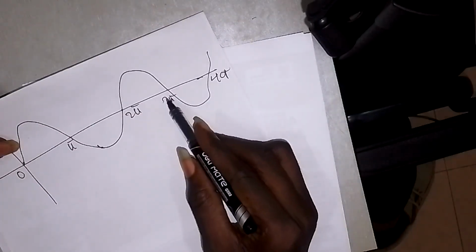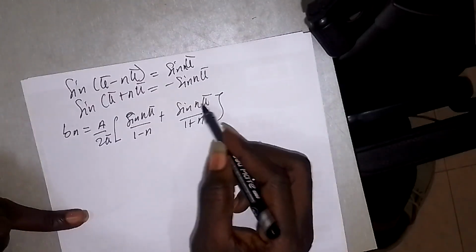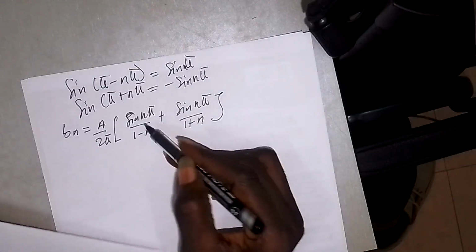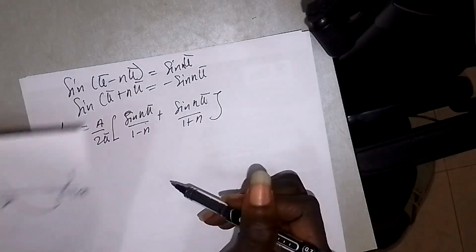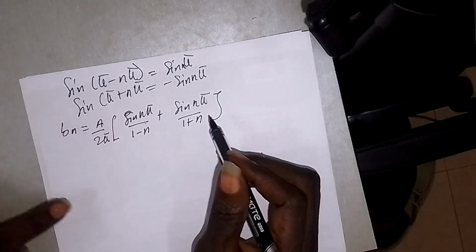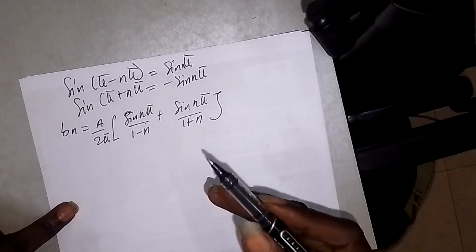Now let me put in 3. If I put in 3, I'll have sine 3 pi. What is sine 3 pi? 0. If I put in 4, sine 4 pi is 0. So now, apart from 1, which will give us infinity, any other number will give us